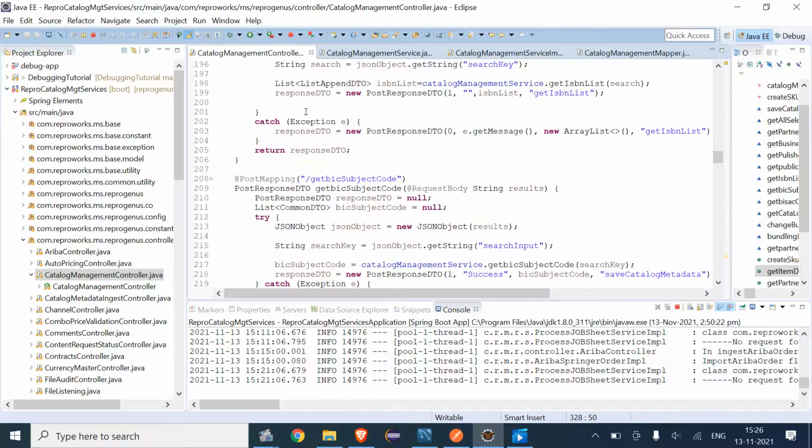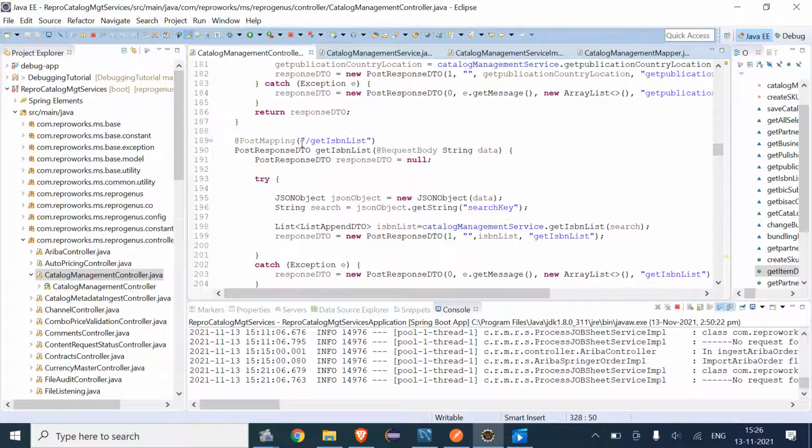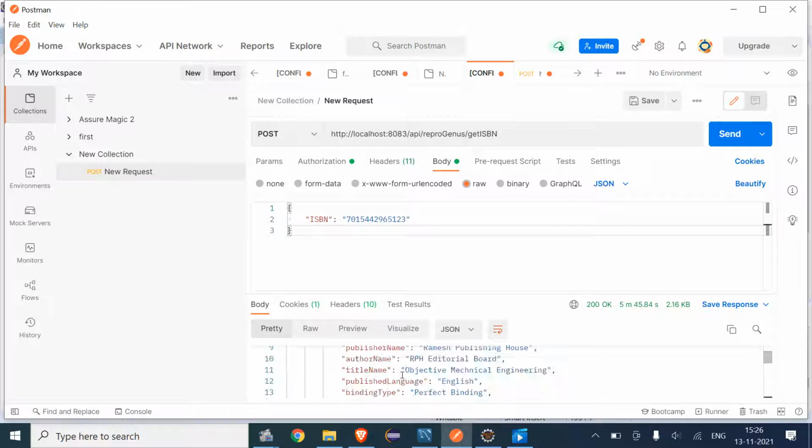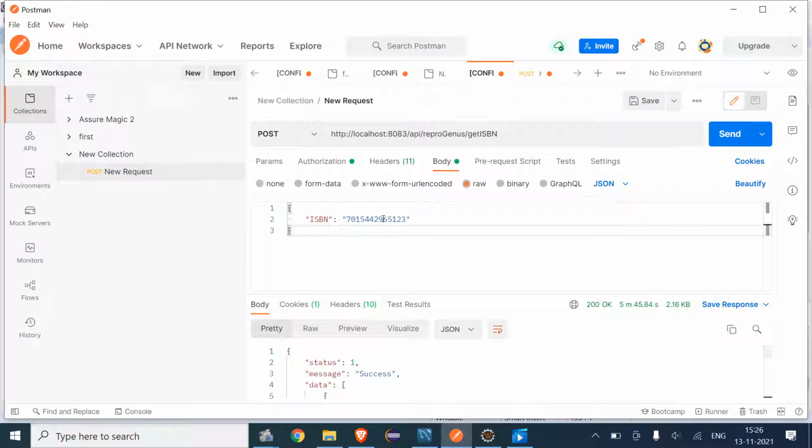If I apply a breakpoint here, I have already sent that query and already got success. Basically, for this ISBN I have called, if I check status, I'm getting one message, success, and the data about this ISBN I'm getting here.